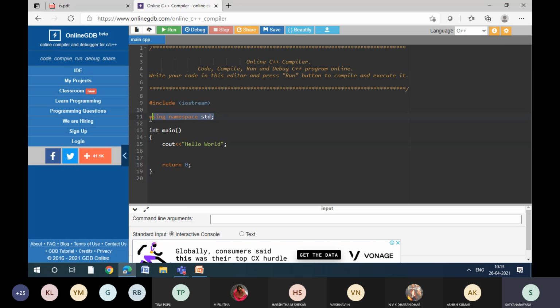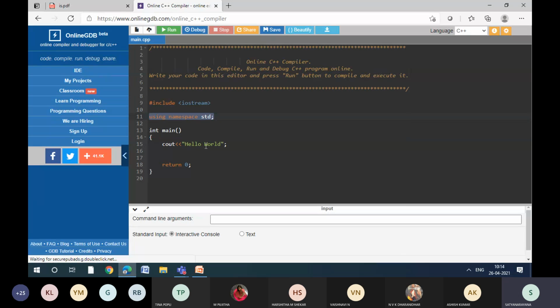So why we use this is, whatever I'm going to write after this statement, as Miss Pujita mentioned, either functions, statements, constructors, destructors, whatever it is, will come under this particular standard namespace. So we are telling it to use all standard statements or standard functionalities in C++. That's it, right? So as usual, either you can use void main or int main, depending on whether you have a returning variable or not. If you have a returning variable, go for int main. If you don't, then go for void.